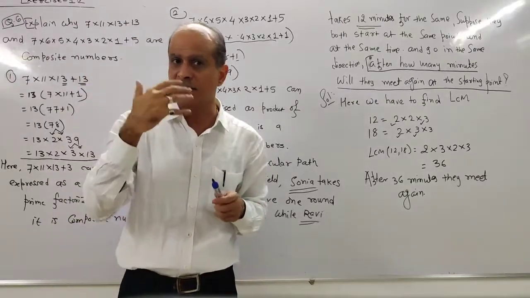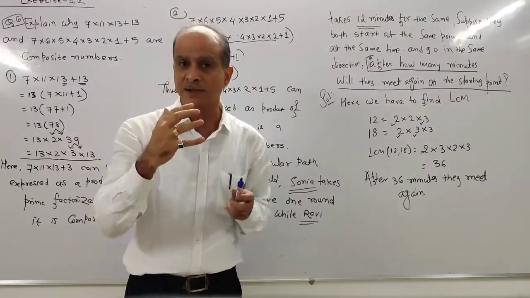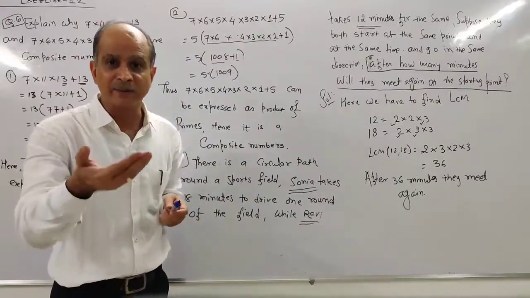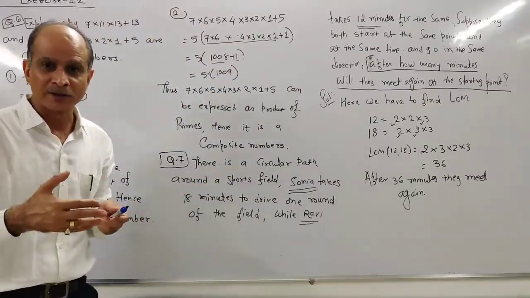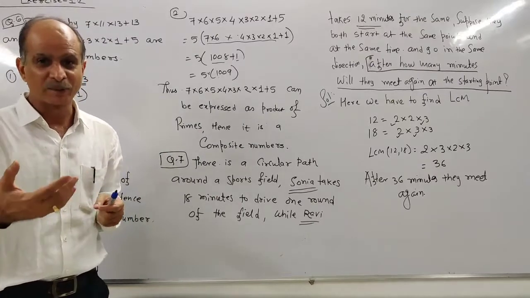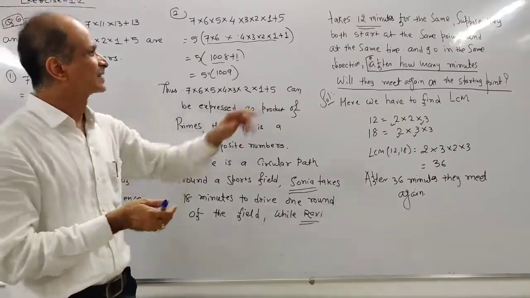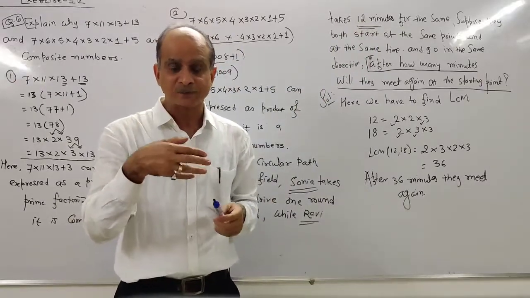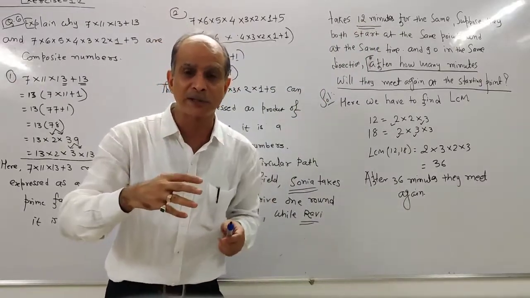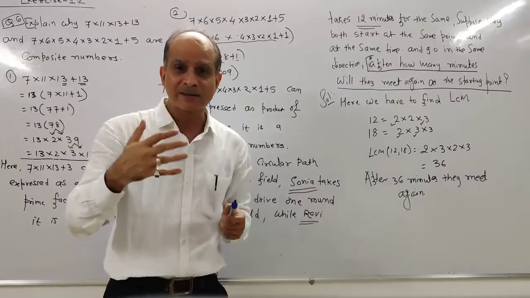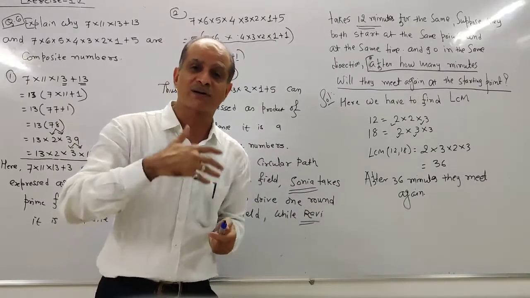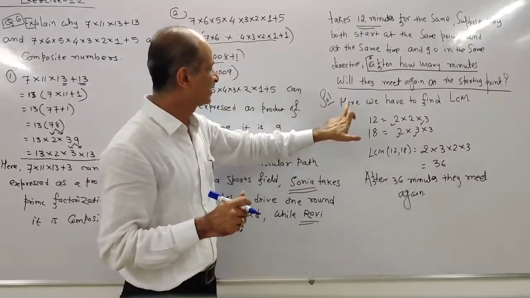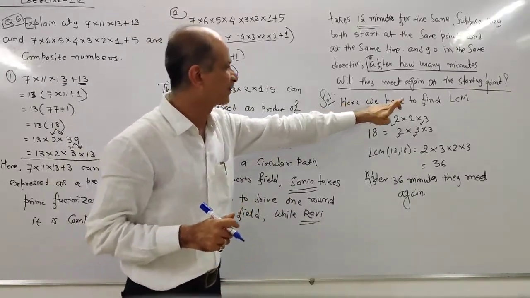But this is a logical answer. But from this, here we have to find out the multiples of 18. 18 for the first round, 36 for the second round, 54 for the third round. Similarly, here we have to find out the multiples: 12 for 1 round, 12 twos are 24 minutes for 2 rounds, 12 threes are 36 minutes for the third round. So we have found out multiples, and that's why in this example we have to find out LCM.